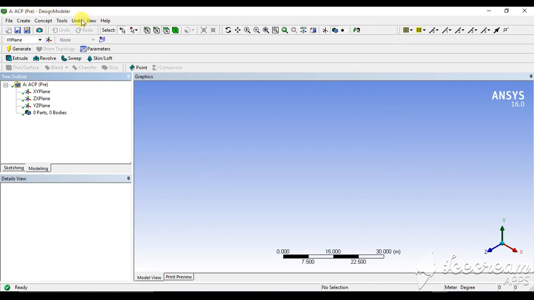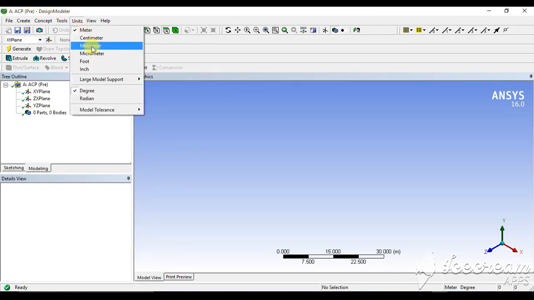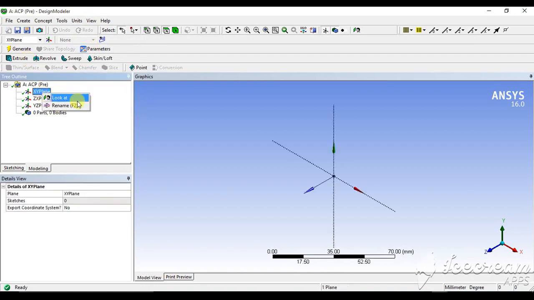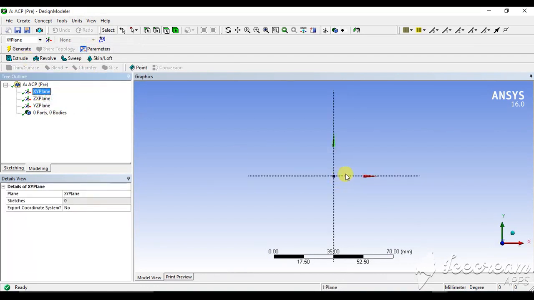Now the first thing you have to do is set the units to millimeter and then click on Look At. Now this is the XY axis.